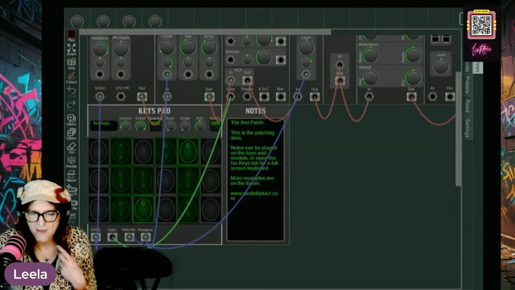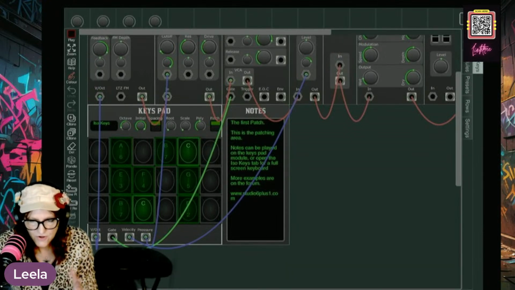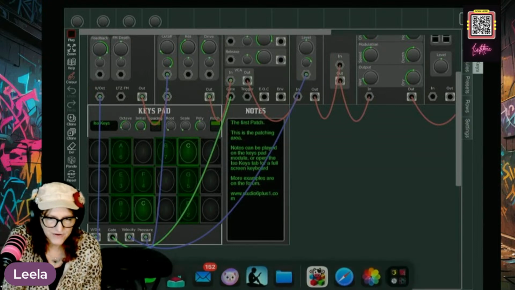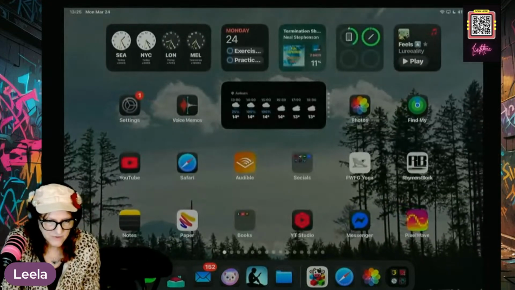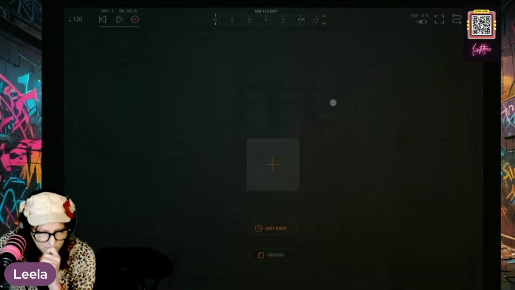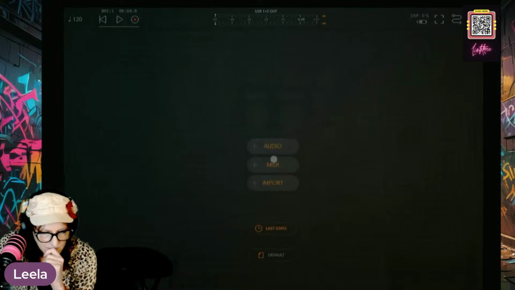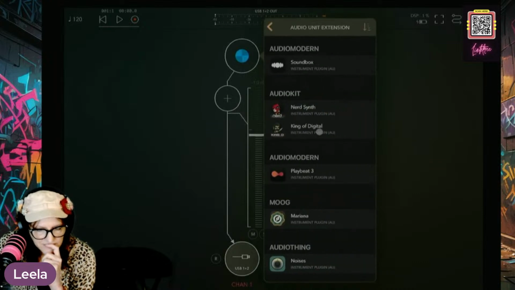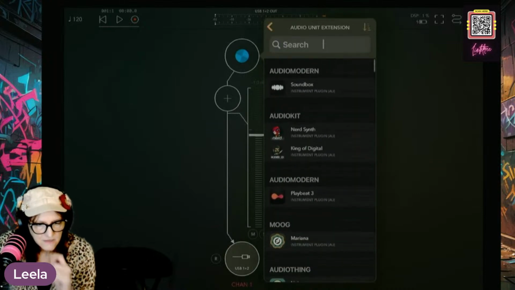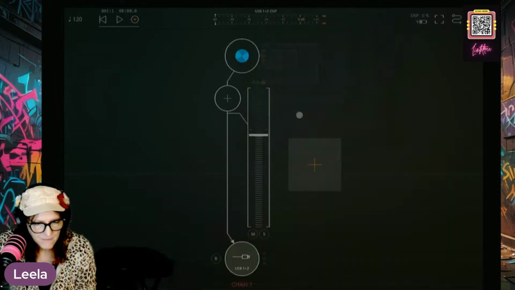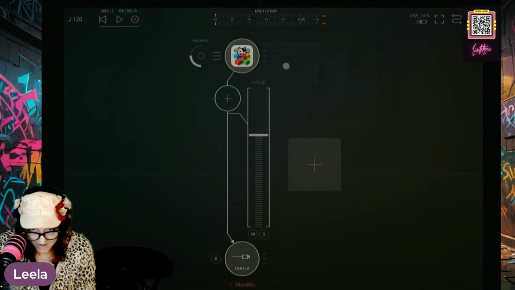I'll just open up AUM and let's play with it in AUM. Because I think you've seen, so far I've just showed you this sort of the quick setty uppiness. So let's fly out of here. Let's go into AUM. Let's create an audio unit extension. There it is. It's an instrument plugin.